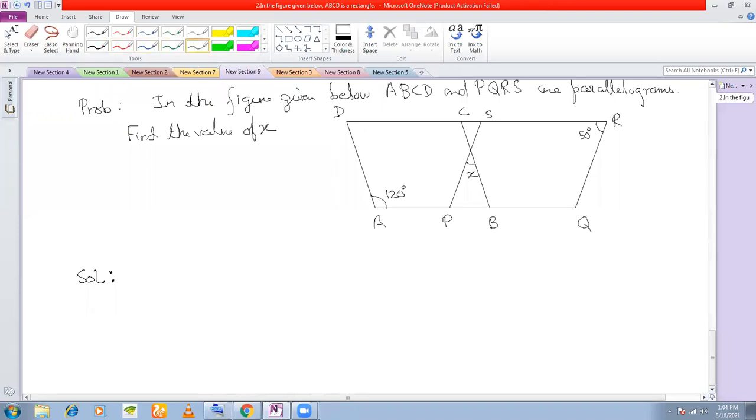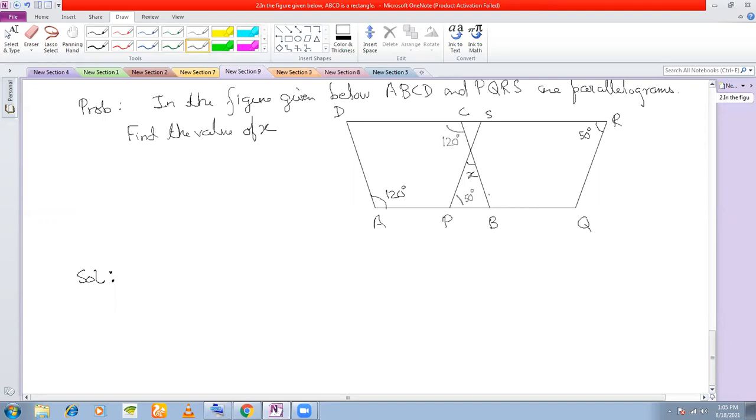if this is 120 degree, ABCD is a parallelogram, so this angle must also be 120 degree. You agree? Yes, sir. And if this angle is 50 degree, PQRS is a parallelogram. This angle is also 50 degree, right? Fine. Now, once we know this,